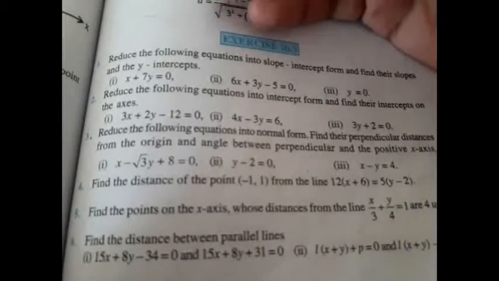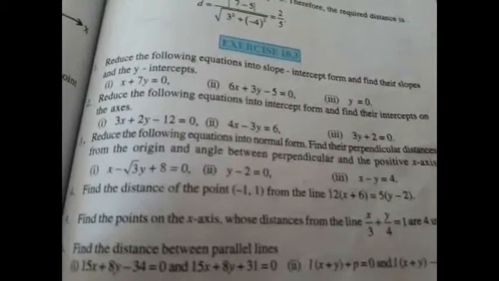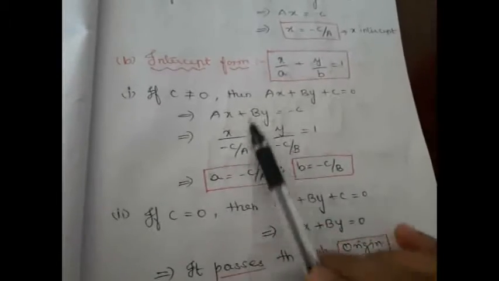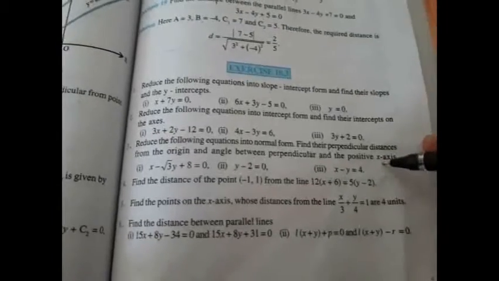As the next step, we need the coefficients of x and y as 1. So bring the coefficients of x and y to the denominator and then check what you have in the place of a and what you have in the place of b, as we derived here. So first bring the c to the other side, then divide throughout by minus c, then bring a and b to the denominator, then see what you have in the place of a and b. That will give your intercepts, right? Hope you understood. The third question I'll explain in the next class.